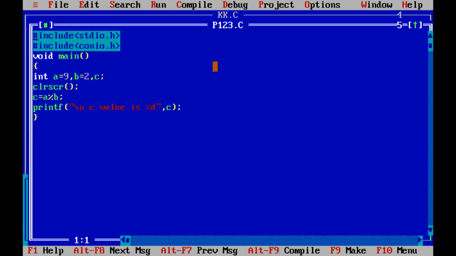Suppose if you want to write two operations at a time, it's not a problem. You can write. So I will write here d equal to a by b. I will take one more variable d. Then you print d value also.